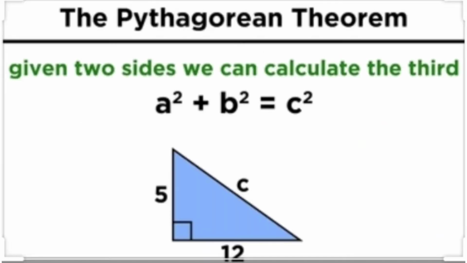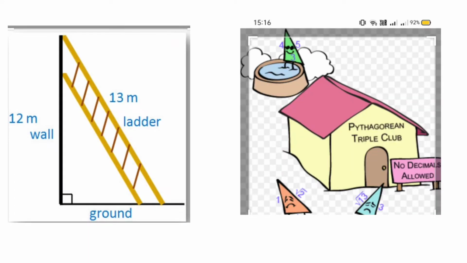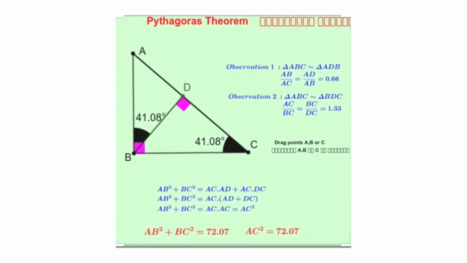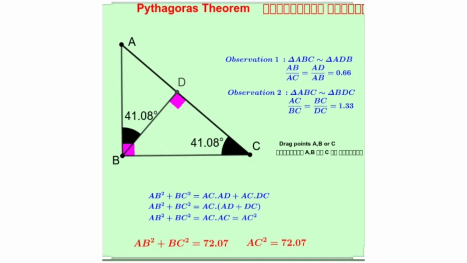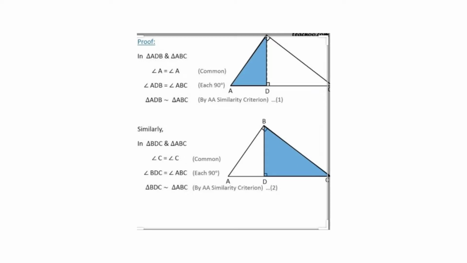Today we are going to study the proof of Pythagoras theorem. In earlier classes you have studied Pythagoras theorem and its application. In class 9 you also saw the proof of Pythagoras theorem. And now we shall prove this theorem using the concept of similarity of triangles. In proving this, we shall make use of a result related to similarity of two triangles. Let us discuss that theorem at first.